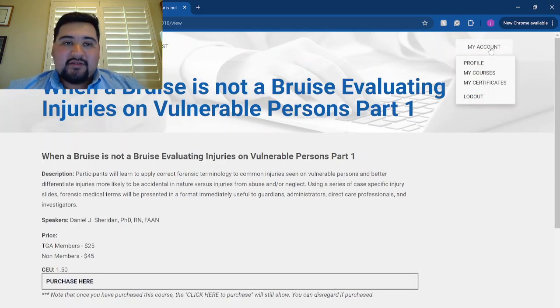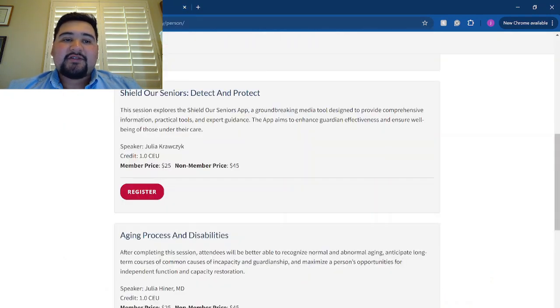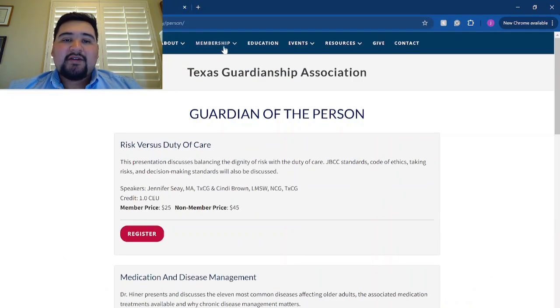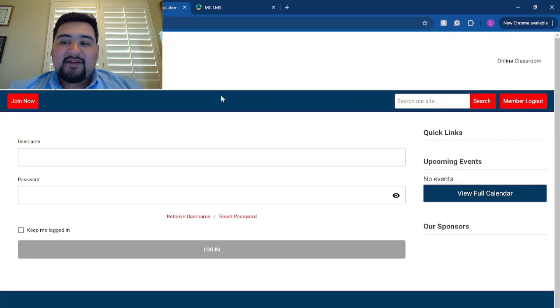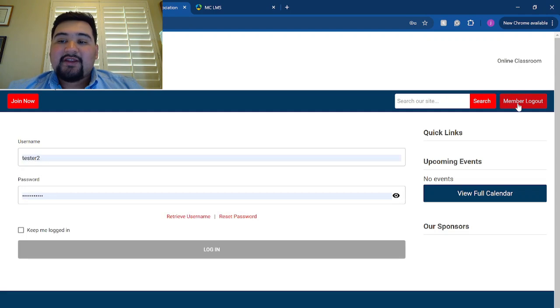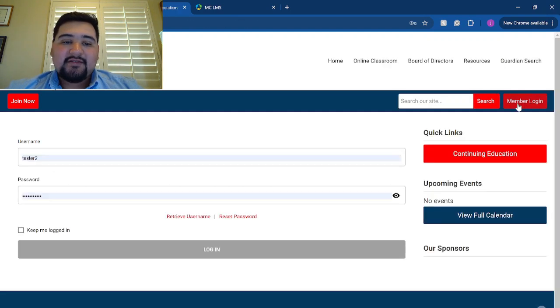So, the number one issue when that happens is that you need to log out of both websites. So you click on My Account at the top, you click on Log Out, and once it says Login at the top, you go back to our TexasGuardianship.org website, and at the top, you click on Membership, Member Login, and that'll redirect you to the other login that you had to do. Make sure you click Log Out here as well, and once you're logged out, you can click on Login, enter